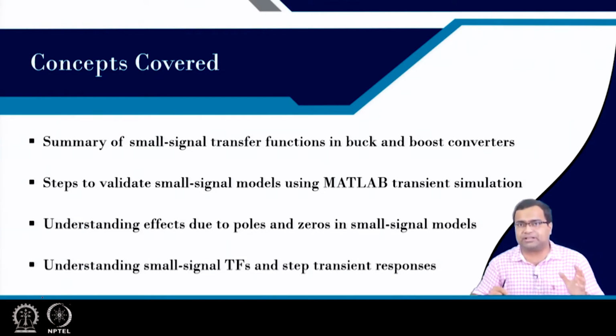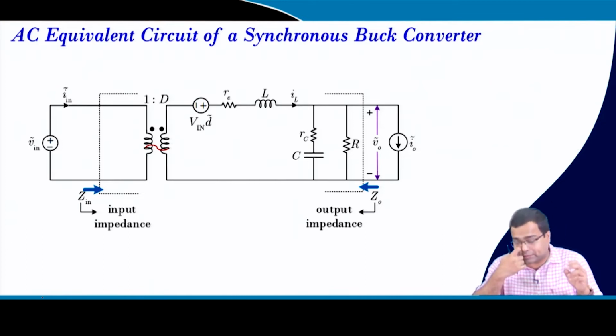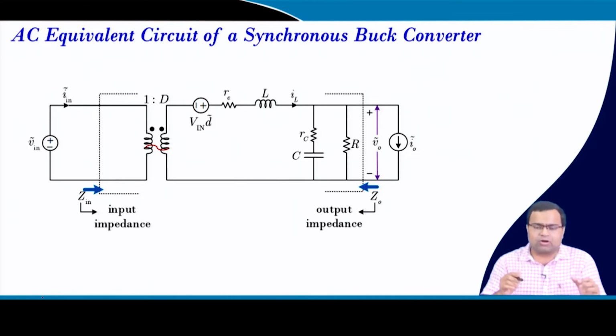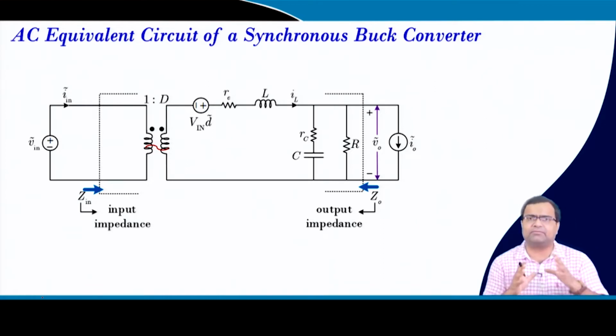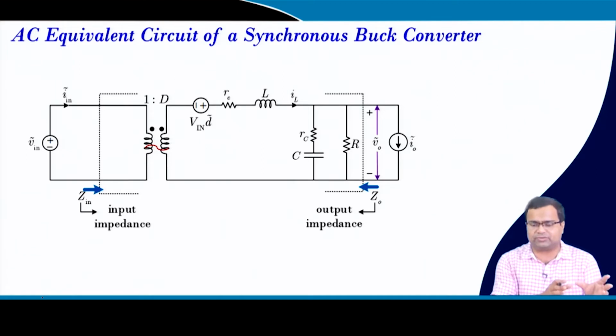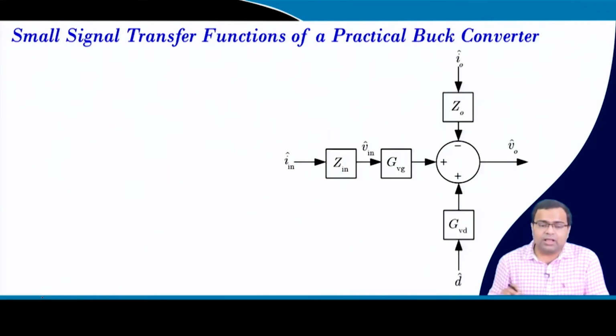and finally understanding the small signal transfer function and step transient response. If we recall, in the past 2 or 3 lectures, we have derived the AC equivalent circuit of a practical buck converter, where in this circuit we can derive various transfer functions. We can derive input impedance, output impedance, audio susceptibility, and the control to output transfer function. So this is the small signal block diagram,